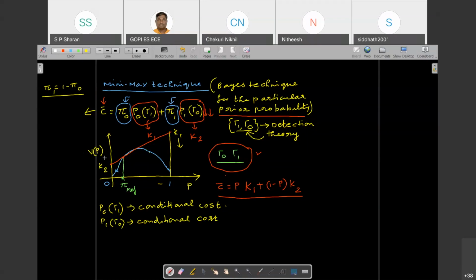We discussed the example, right? So that is a discrete case. When y is discrete, we got piecewise linear, 3 straight lines. But in a more general case, whatever graph we get is a general graph, which need not be piecewise linear; it is going to be continuous. In other words, whatever you receive at the receiver, if it is continuous, you will end up with this continuous curve in this Bayes curve, right?